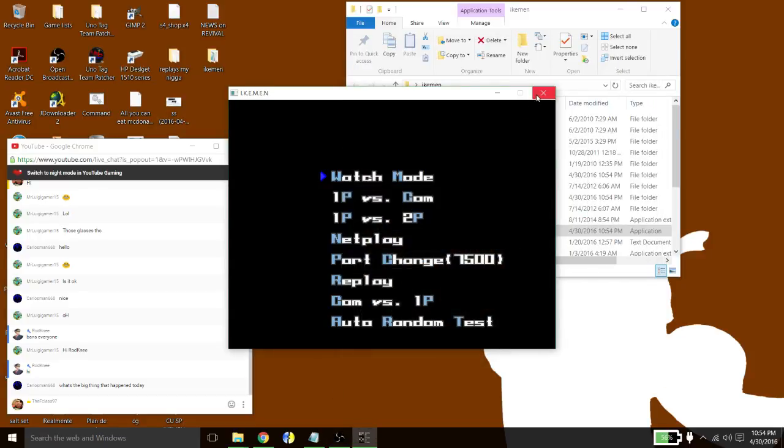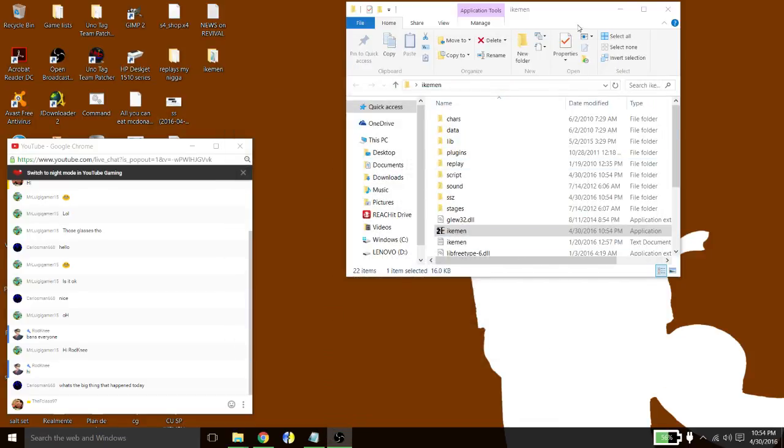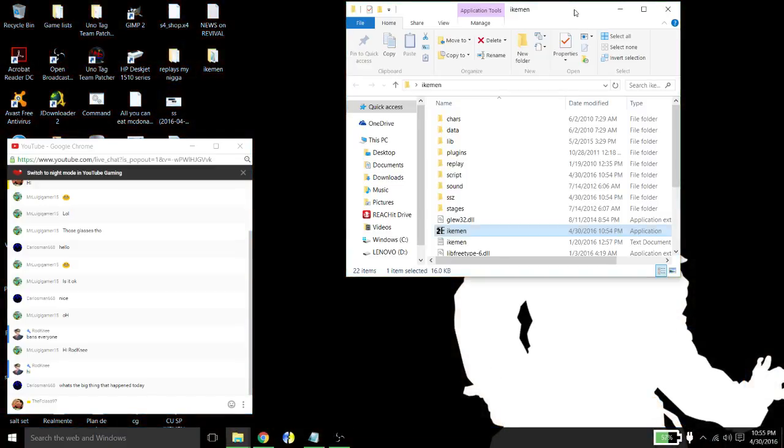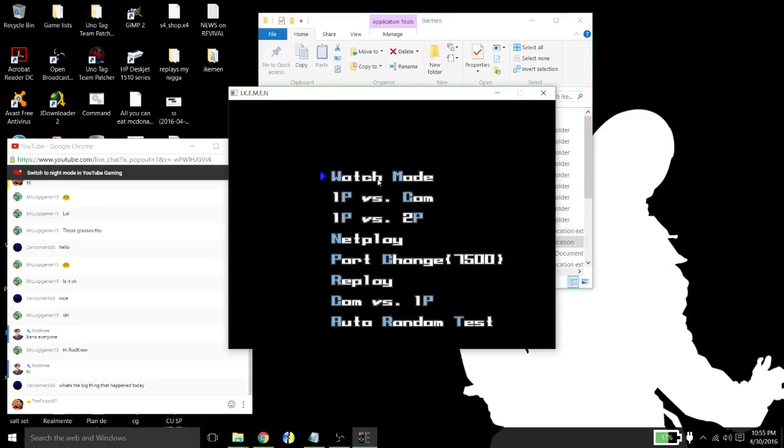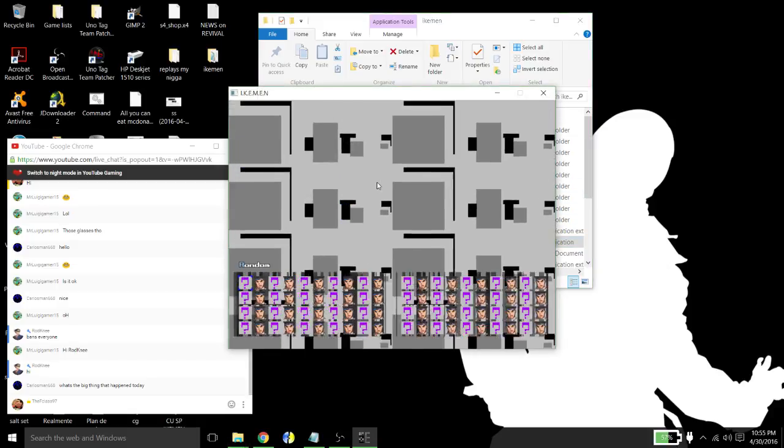Alright, you might get a sudden pinch of lag here or there, and that is because the recent I.K.E.M.E.N is now running using an OpenGL screen. Sometimes your computer might not be able to run it. It's not like I.K.E.M.E.N got buffed to the point where you need Alienware or something huge to run it. So, let's just get this out of the way. If you turn on your I.K.E.M.E.N, if it's the January 21st build, and it runs laggy like this,